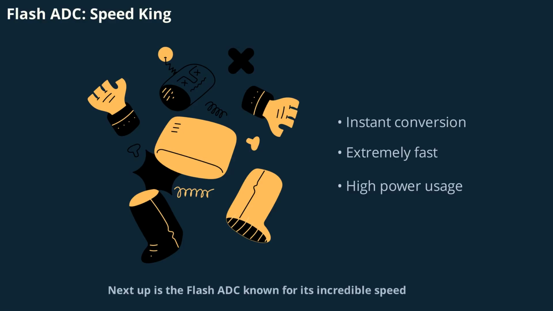Next up is the Flash ADC, known for its incredible speed. Flash ADCs use a bank of comparators to instantly convert an analog signal to digital in a single step. This makes them the fastest type of ADC, perfect for applications like digital oscilloscopes, radar, and high-speed data acquisition. The trade-off: Flash ADCs use a lot of power and take up more space, so they're not ideal for portable